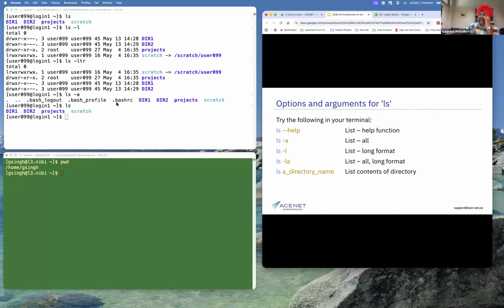So here some of the hidden contents are also displayed. There is a reason why these contents are hidden. It's because these actually have some of the controls of how your account is going to behave.